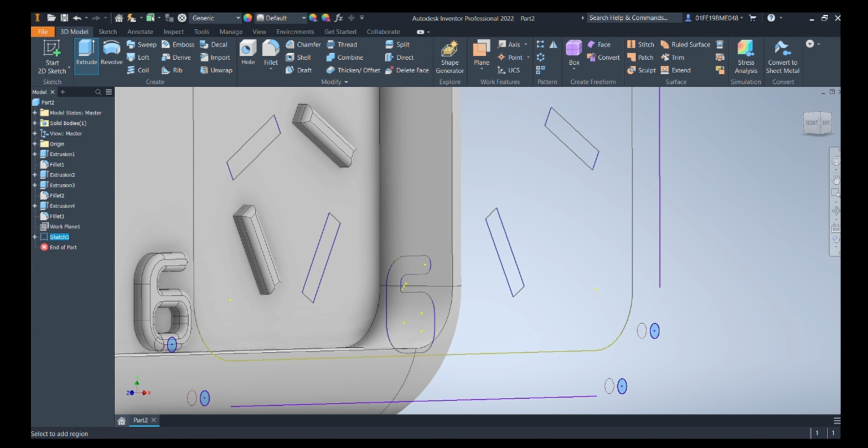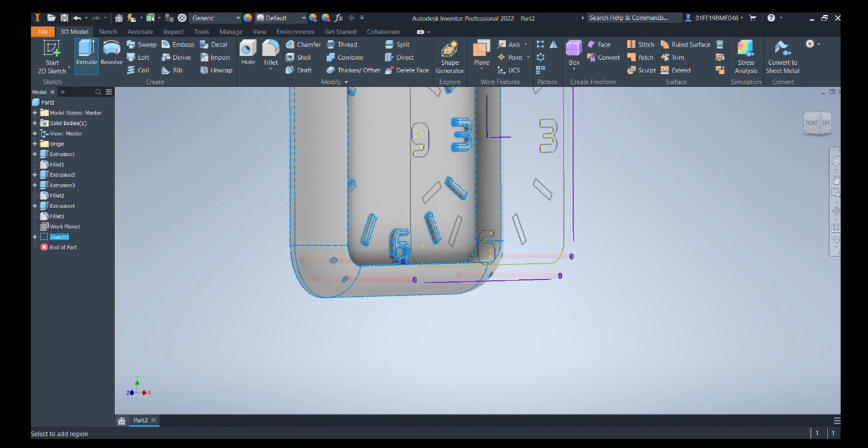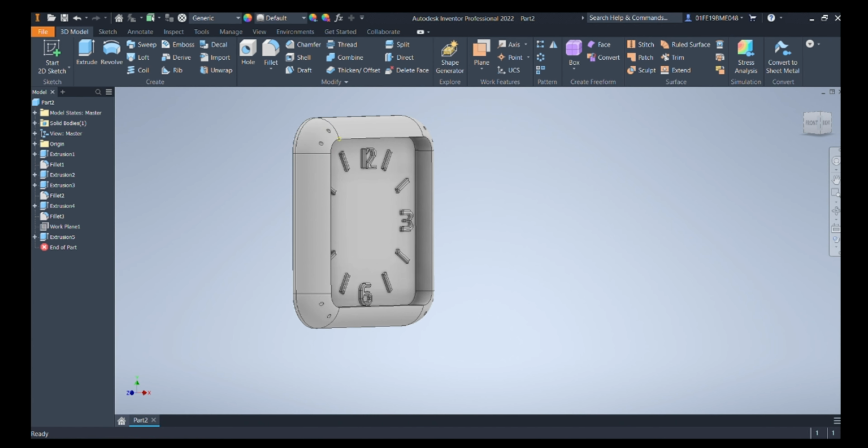It will be perfect. Yes, we have drilled our holes into the wireframe.